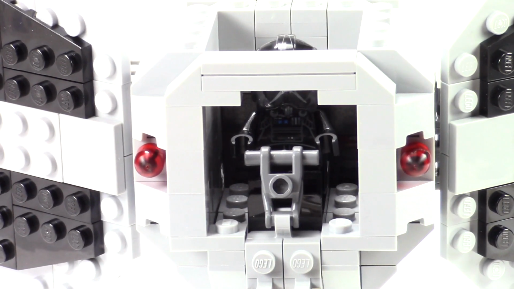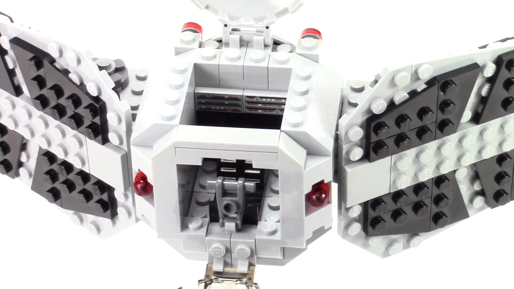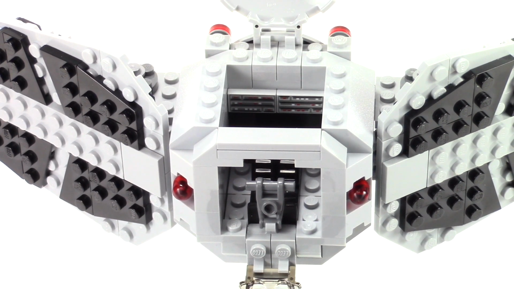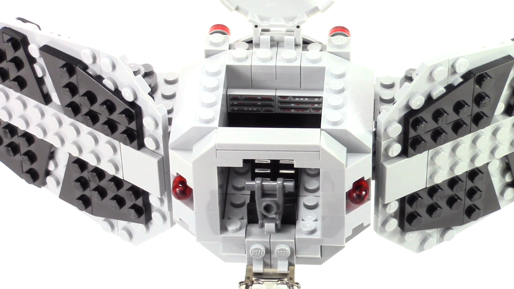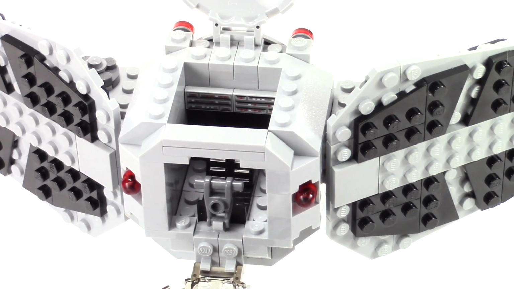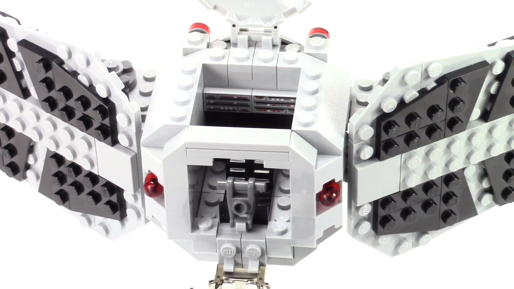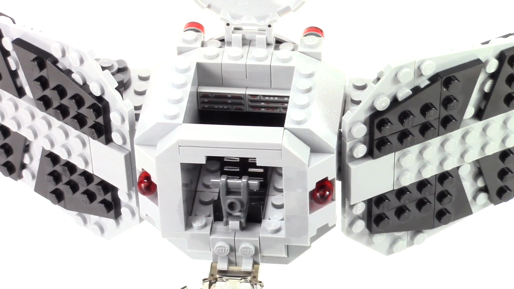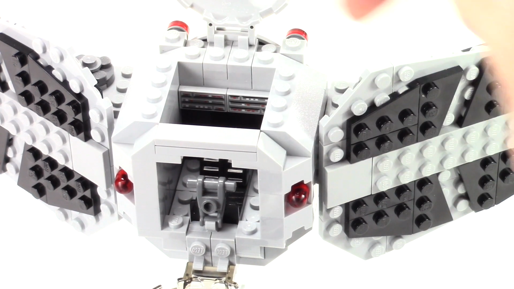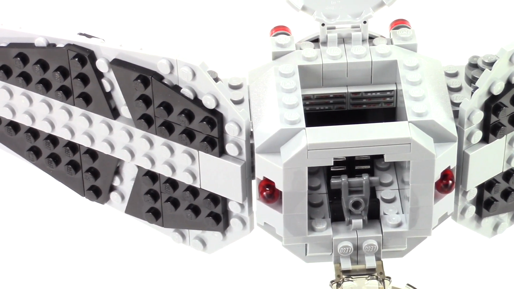And here I have the cockpit open. You can see I do have a TIE Fighter pilot sitting in there. And here's a look at the cockpit without the pilot. Now I kind of mix things up between all of my different TIE Fighter builds as far as the cockpit and the interior go. I'm just trying to mix it up a little bit, do something a little different, but I don't get too crazy as far as the detail. And on this one, you can see I just have the black wall back there. I do have some transparent red in there. And then just the row of printed tiles here,